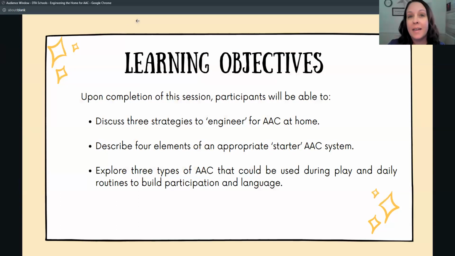Our learning objectives for the next roughly hour and a half are really going to be to help give you the strategies that you need to help the families you're coaching engineer their homes to support activities that promote language learning with AAC, and also to promote the availability of those AAC tools within the home so that when those activities start to get fun and motivating, the language that we want to build in those activities is readily available